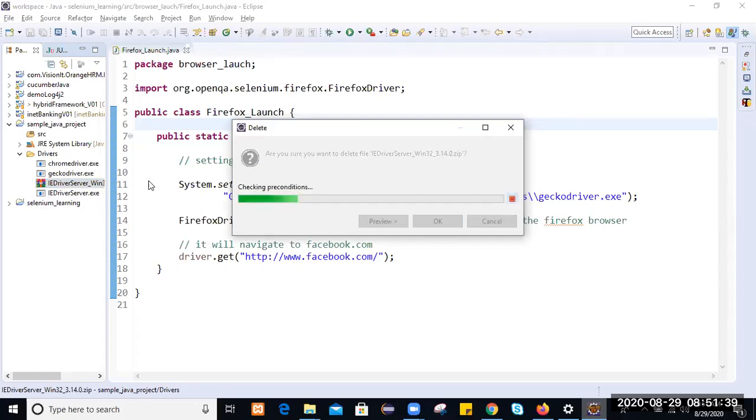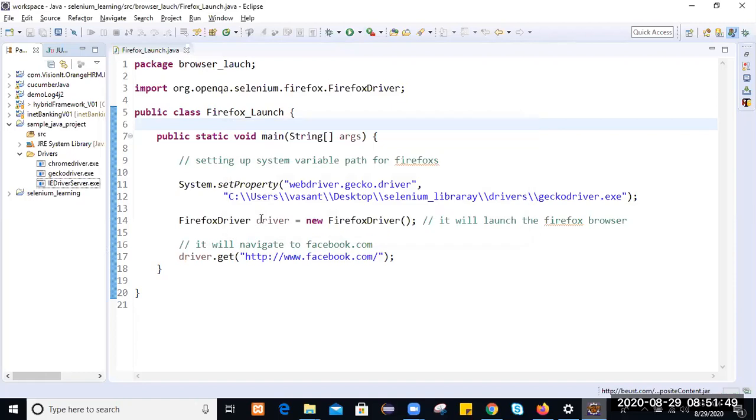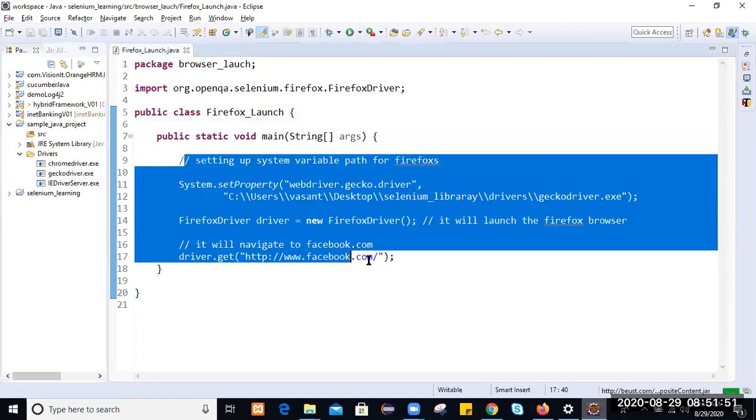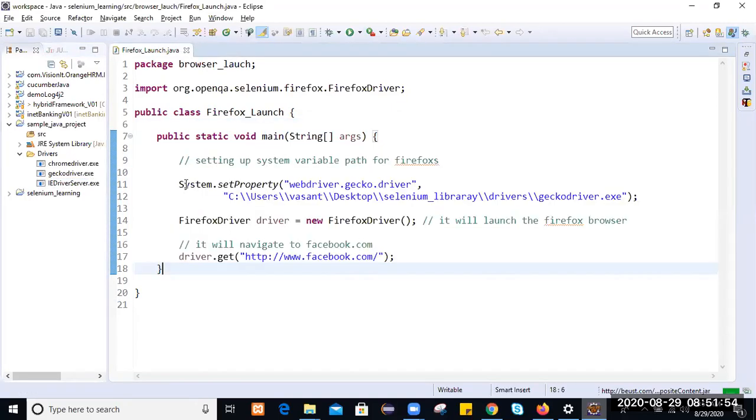And how to launch the third-party browser and driver browser? To launch a third-party browser, we are required to set the system variable path. This is the program we have written to launch Firefox. Actually, we set the system variable path to where geckodriver.exe was.